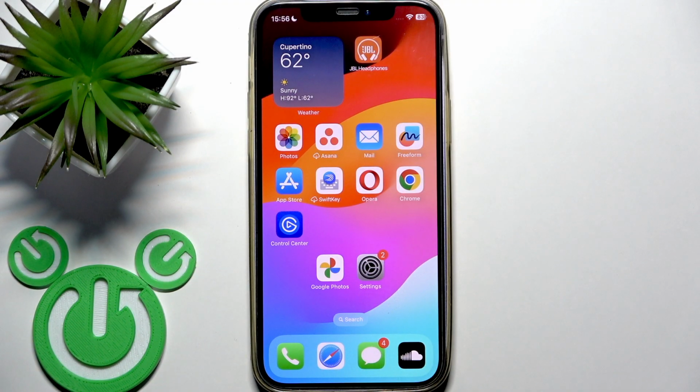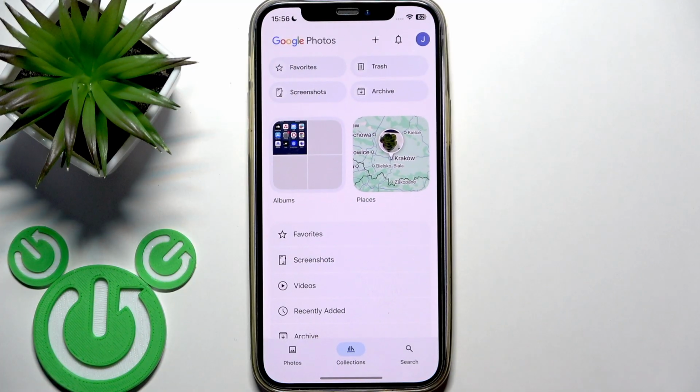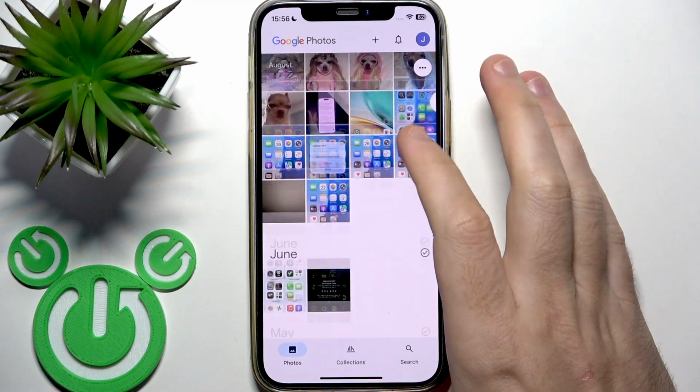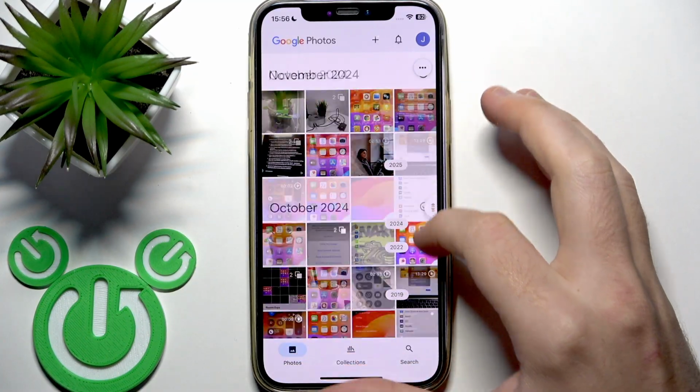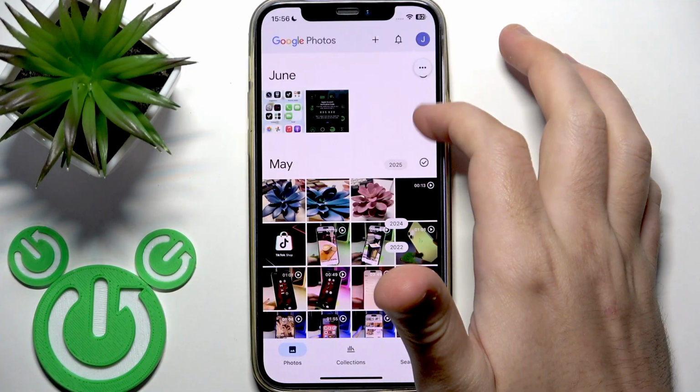And to find them you need to open the Google Photos application, you need to be in the photos, and right here we have a lot of photos. This one is backup photos. To prove it for you,